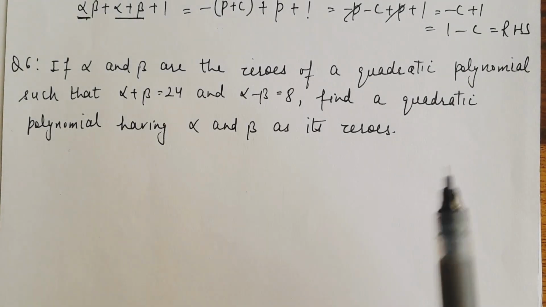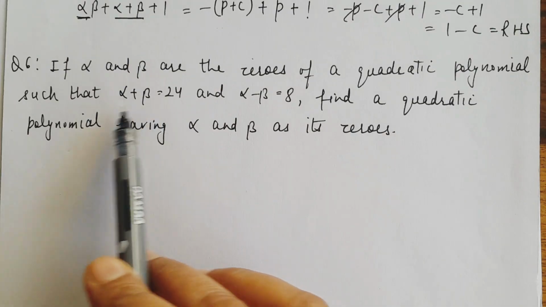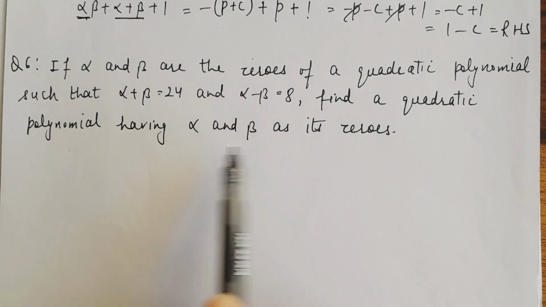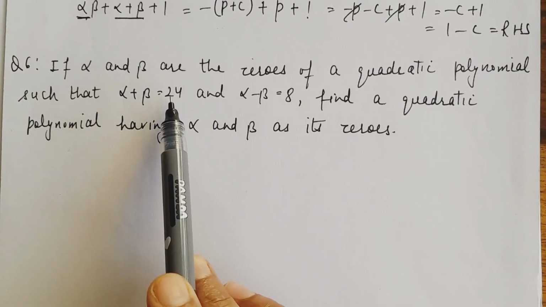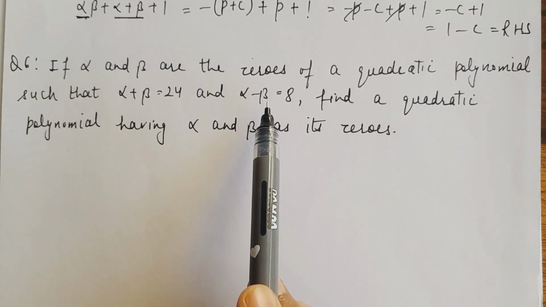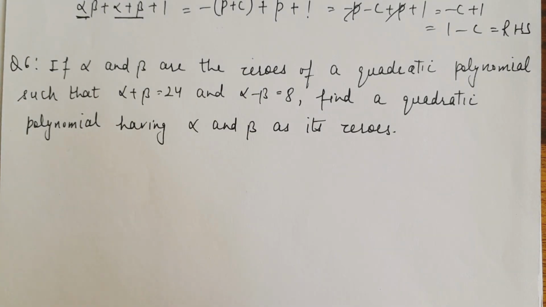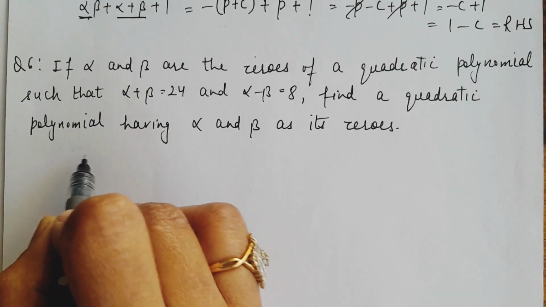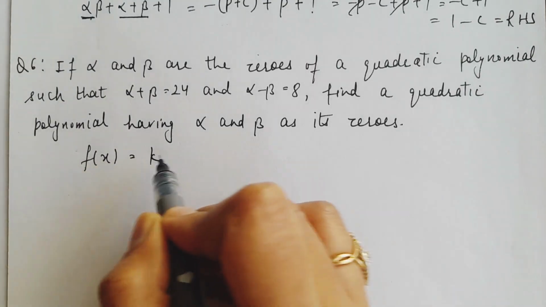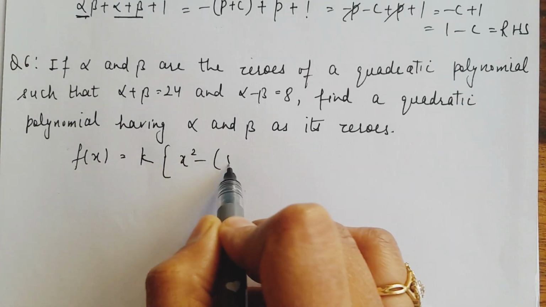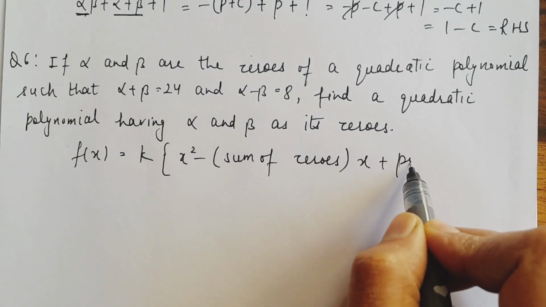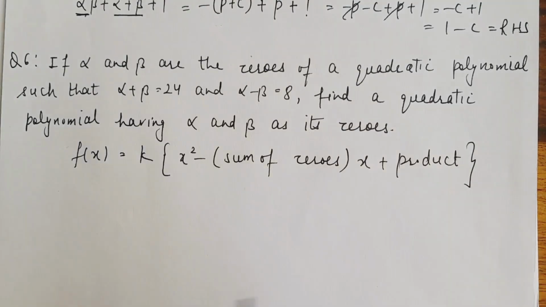अगर अल्फा और बीटा ज़ीरो हैं किसी पॉलिनोमियल की, सच दैट उनका सम और डिफरेंस हमें दिया हुआ है, हमें क्वाड्रेटिक पॉलिनोमियल निकालनी है जिसके अल्फा और बीटा रूट्स हैं। अब आपको सम ऑफ रूट्स तो दिया है बट प्रोडक्ट ऑफ रूट्स नहीं दिया। अगर हमें कोई पॉलिनोमियल बनानी है तो हमें सम भी पता होना चाहिए और प्रोडक्ट भी, बिकॉज वी हैव द फॉर्मूला फॉर दैट कि पॉलिनोमियल हम कैसे बना सकते हैं: k इंटू x स्क्वायर माइनस सम ऑफ ज़ीरोज़ इंटू x प्लस प्रोडक्ट ऑफ ज़ीरोज़।